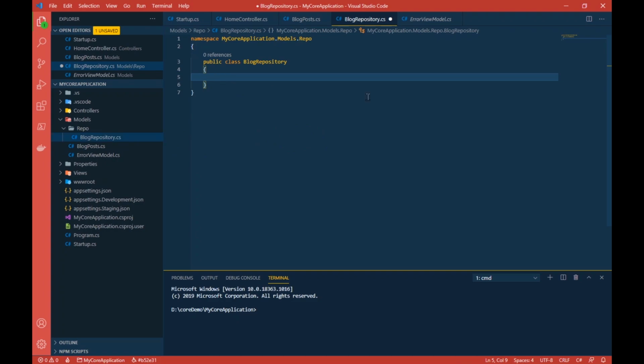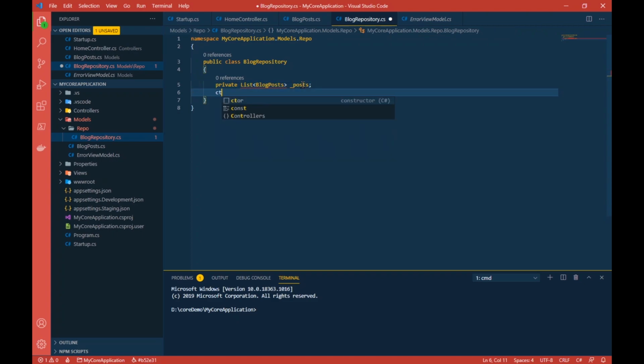First and foremost, I'll declare a private variable, and that private variable will be a list of our blog posts. This is nothing but the data we created here, and it contains the list of those blogs. I'll just name it posts.